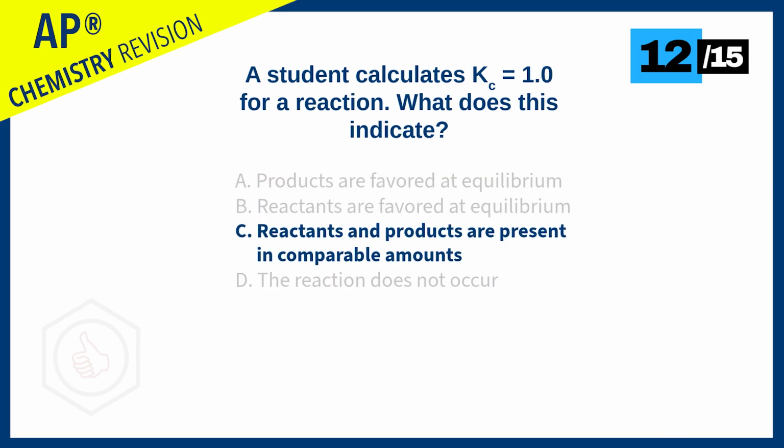Because remember, the equilibrium constant Kc is a comparison of the ratio of concentration of products for the forward direction compared to concentration of reactants in the equilibrium mixture. The greater the value of Kc over 1, the greater the proportion of products compared to reactants, and the smaller the value of Kc under 1, the greater the proportion of reactants compared